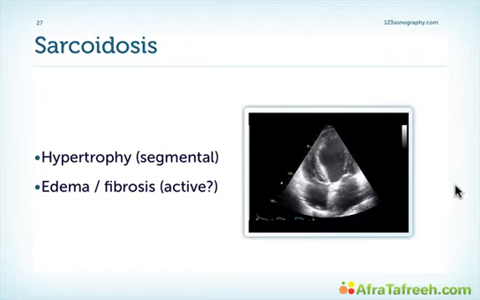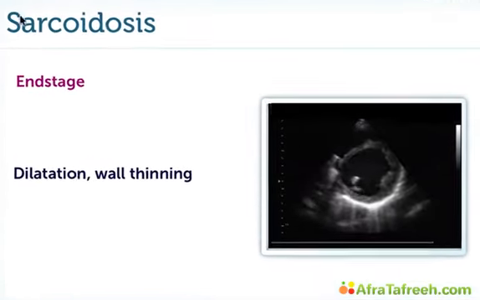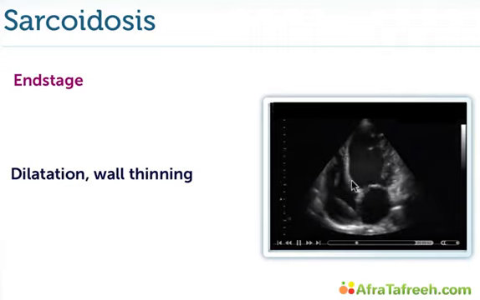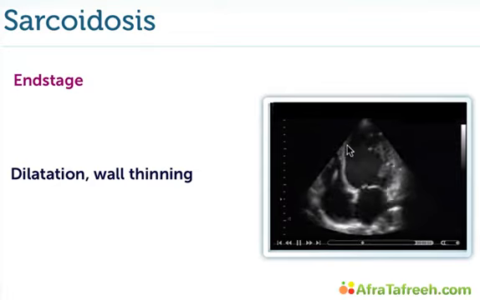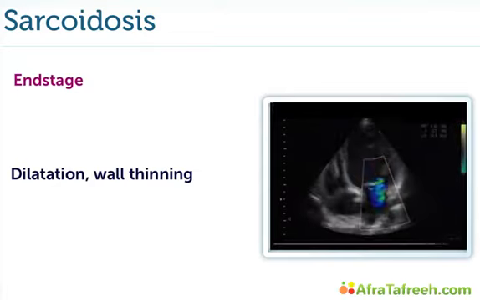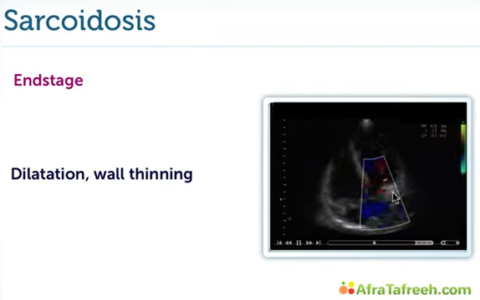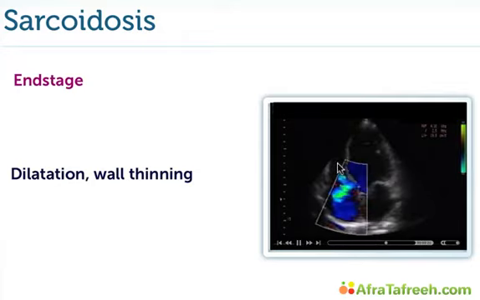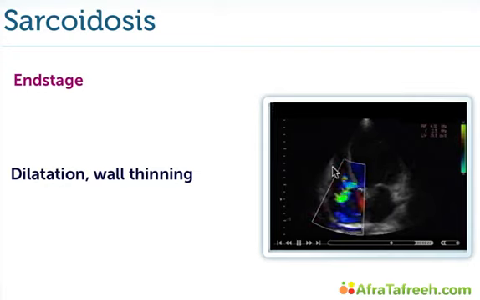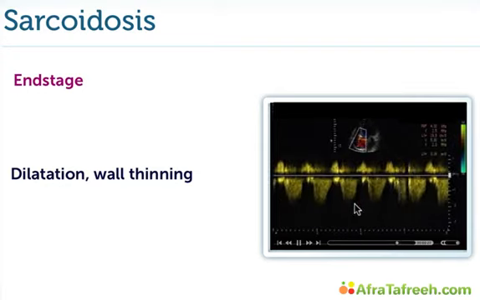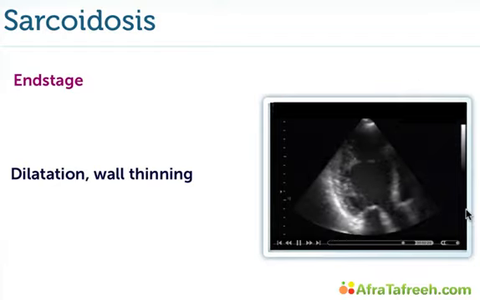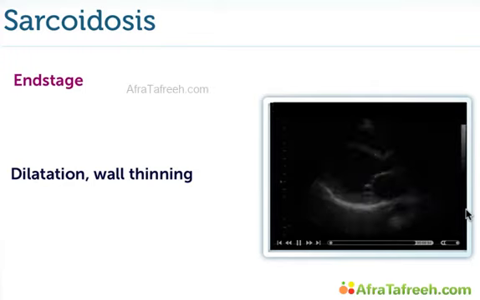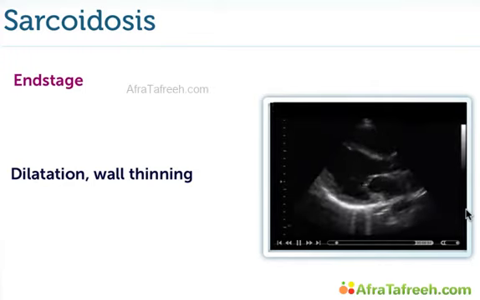Example of a patient in the end stage of sarcoid heart disease. You can see the patient has severely reduced left ventricular function with a very thin septum, very similar to a patient who also has dilated cardiomyopathy, some degree of mitral regurgitation and also aortic regurgitation. The patient also has a pacemaker because of conduction abnormalities and significant tricuspid regurgitation with pulmonary hypertension. So in the end stages, a very severe disease, and this patient actually died only shortly after this echocardiogram.